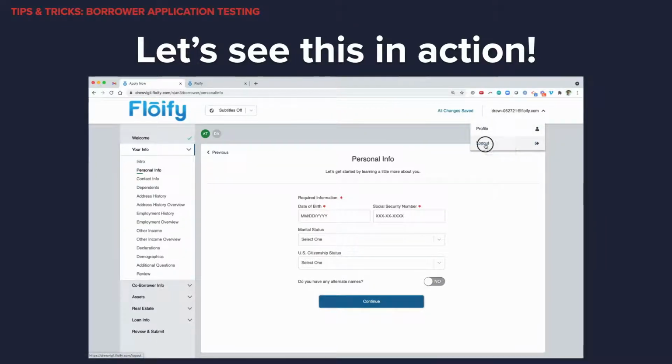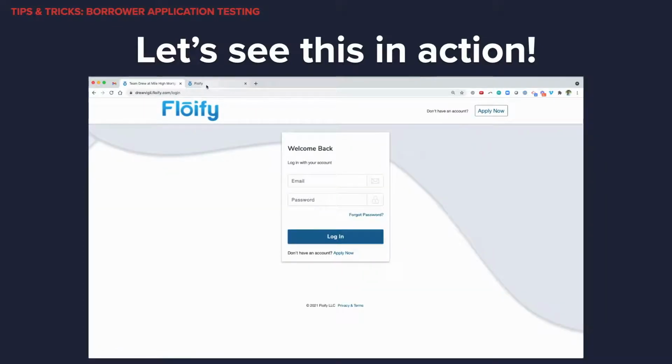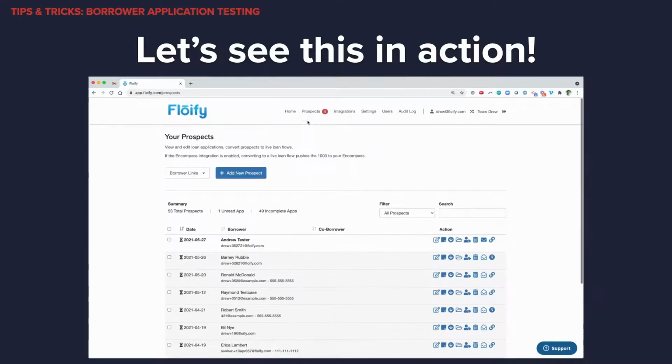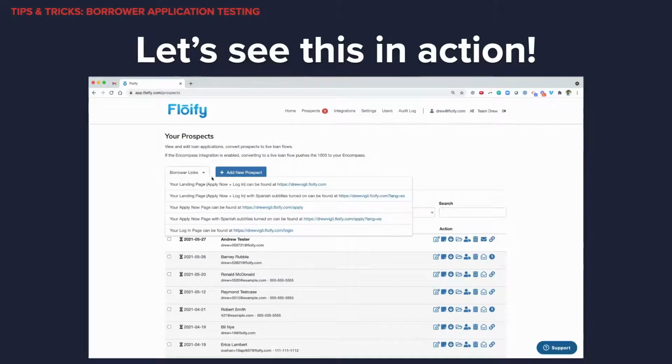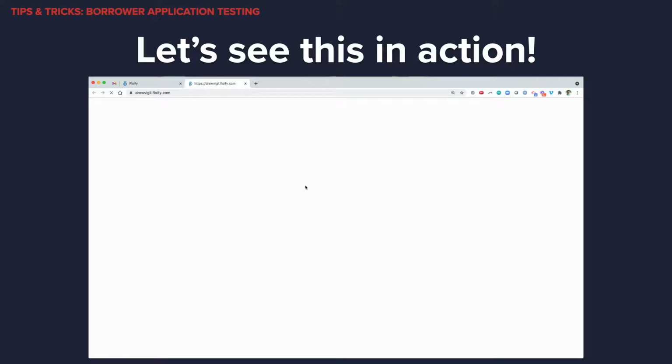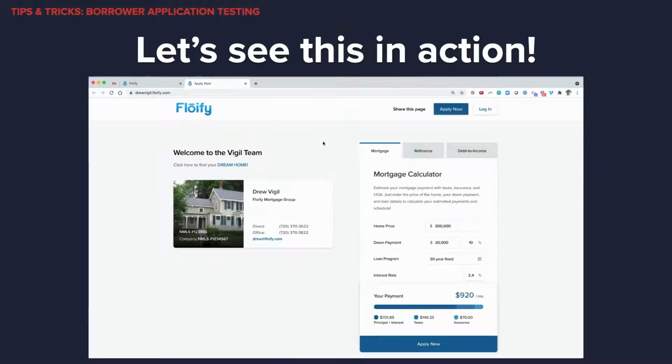The second way, let me go ahead and log out, is if I'm still on my prospects page, and let's say I want to test out my link, because in a lot of cases, you're going to send a borrower your link here. In my case, it's drewvhill.floify.com, so I'll click that,